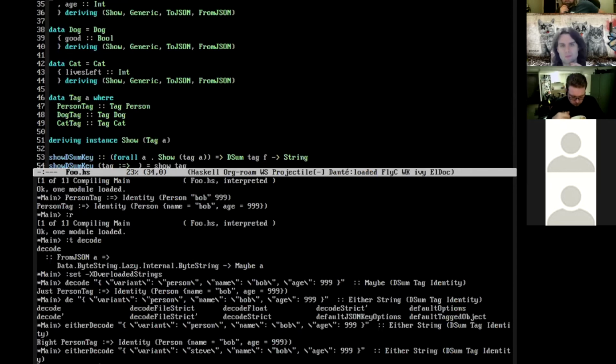And if you have an object that may have a list of people and a list of dogs and a list of cats, then you can use the tag types in a dependent map to make sure that you get the right things coming out at each key, without having to deal with something as undisciplined as a hash map of text to JSON object or something like that. You can deal with the gnarly sort of JSON you get in APIs a bit more nicely.